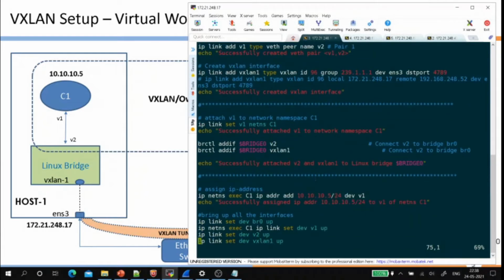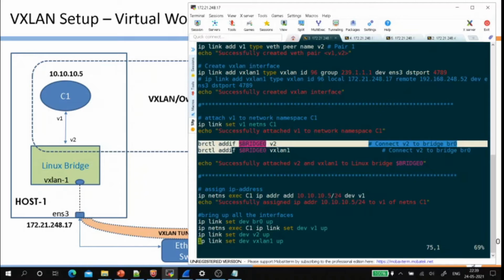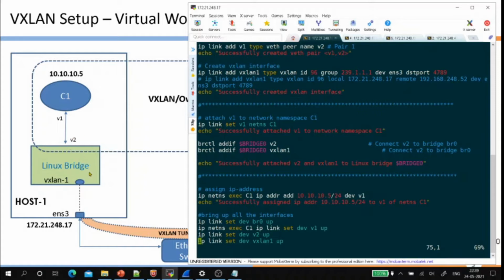Then we will attach the virtual interface V1 to the microcontainer C1 using the ip link set command, and then use brctl addif commands to associate V2 and VXLAN1 to this bridge. Finally, we use ip addr add to associate an IP address to this interface.